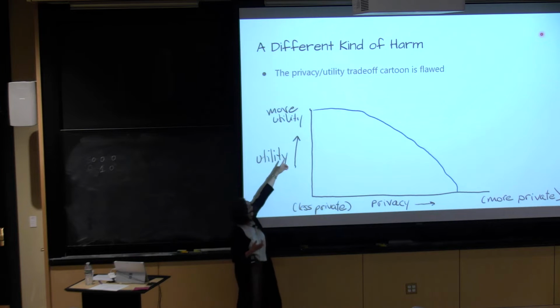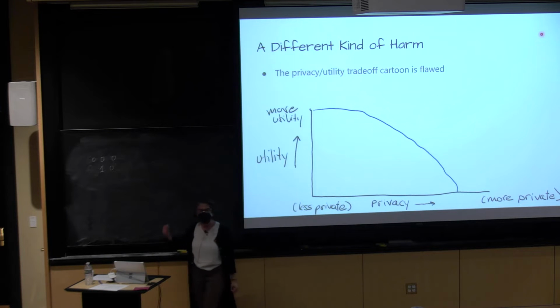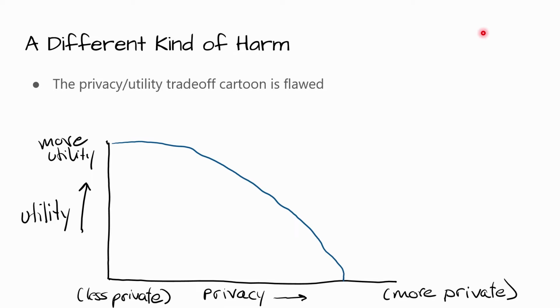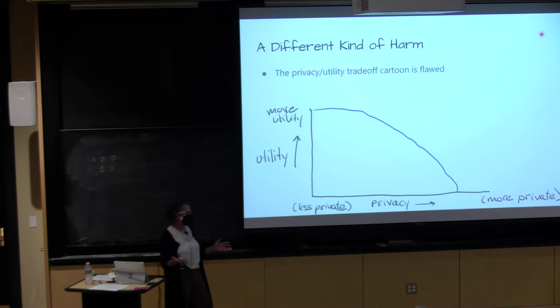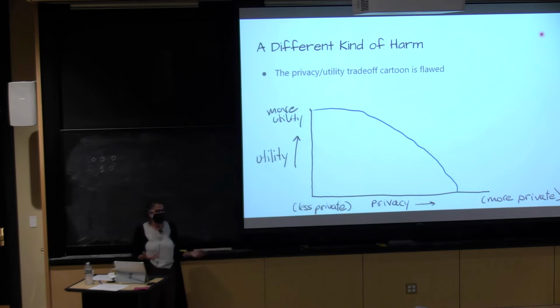I question this claim that if we have no privacy, we'll have great utility. It may be true now, but if you do something like this and you have a serious weaponization of the census data, then people won't answer next time. And you will have no utility in the future because you're not getting respondents. So there's a time element that's missing from this picture, and you'll see this picture all the time.